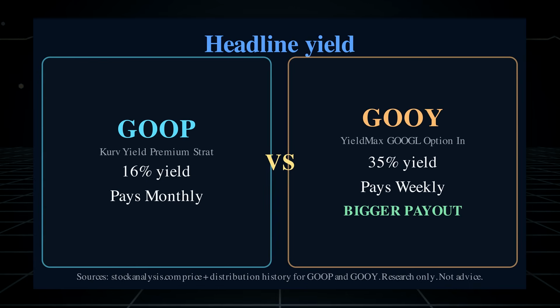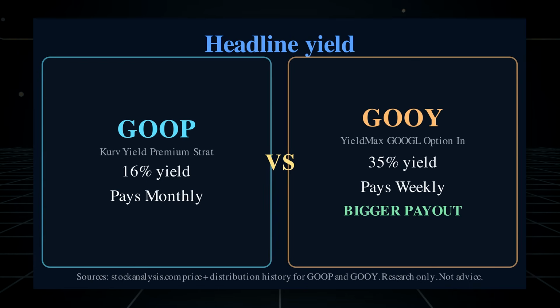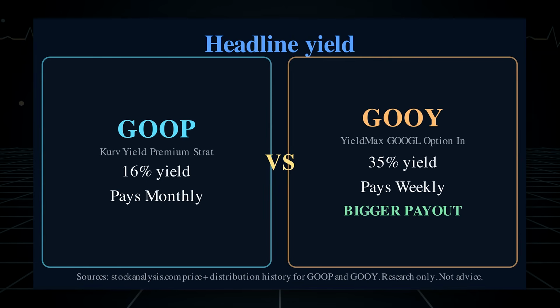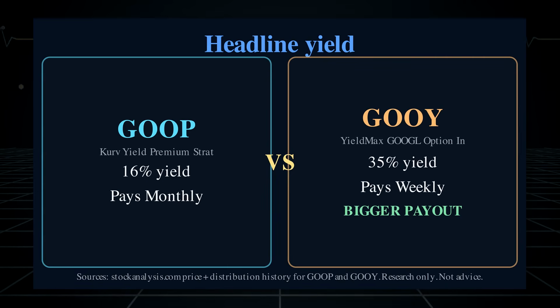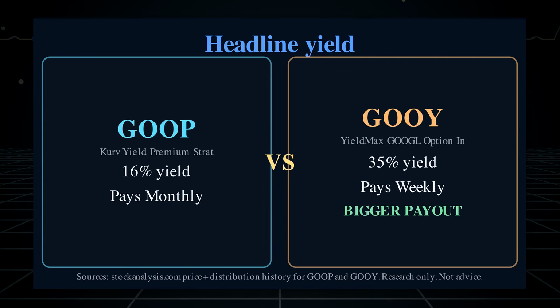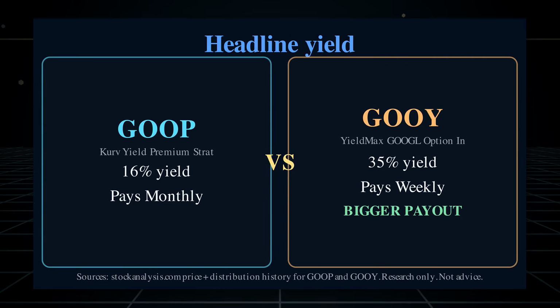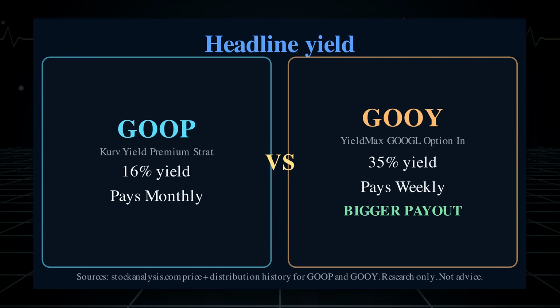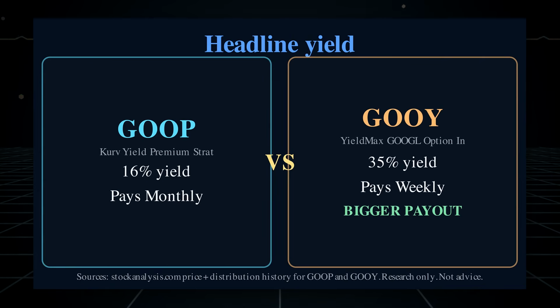Those are meaningful cash totals, but the comparison needs context. GOOY, launched earlier, began from a different reference price and distributes on a different schedule. The larger cumulative pile does not prove that its shareholder became richer. It proves that more dollars per share crossed out of the fund and into the holder's account over the supplied record.